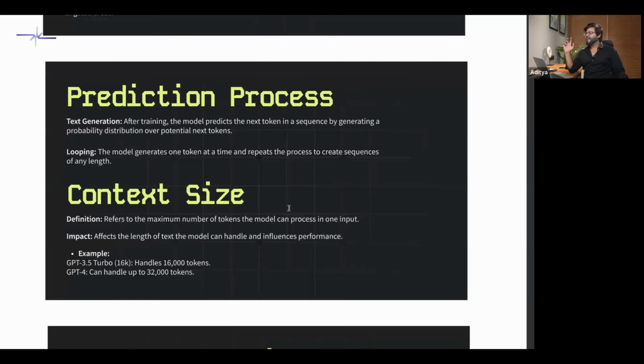So your ultimate target is to figure out a way to get better context size. That's why, if I have to use something where I have a lot of context which needs to be given and the model needs to know the full context of the entire thing, I would rather prefer to use GPT-4 as compared to 3.5 Turbo. Now, a larger context allows the model to handle larger documents, remember the older conversation, include more information in a